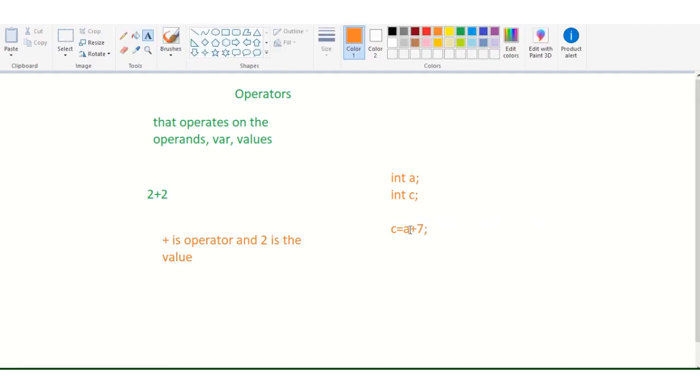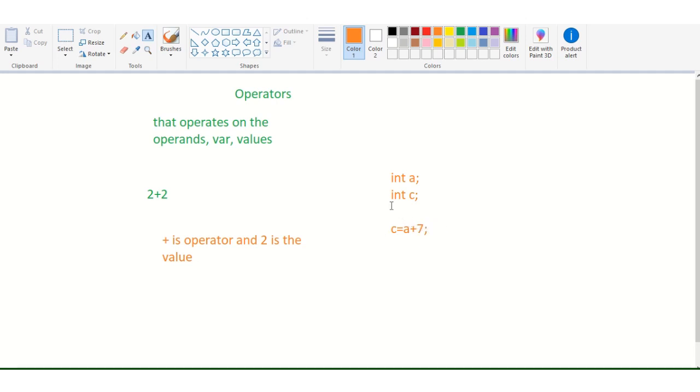What is a? a is the variable or operand. c is also an operand.